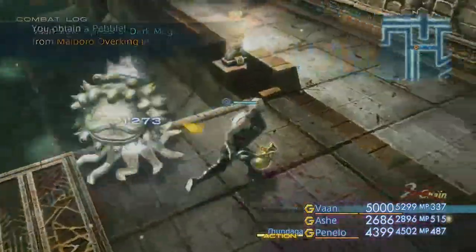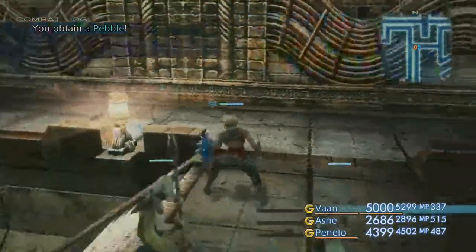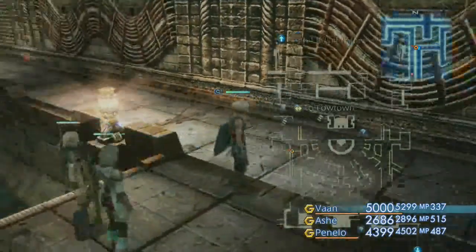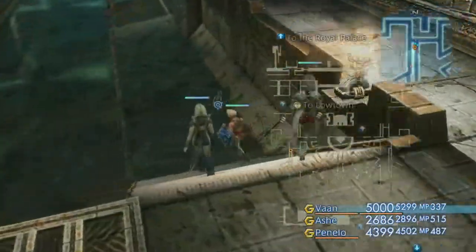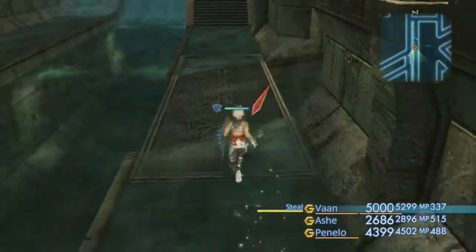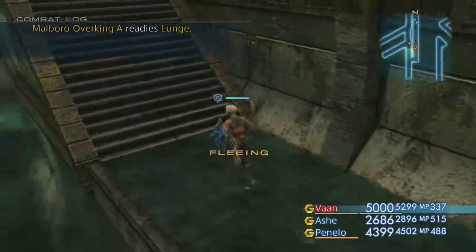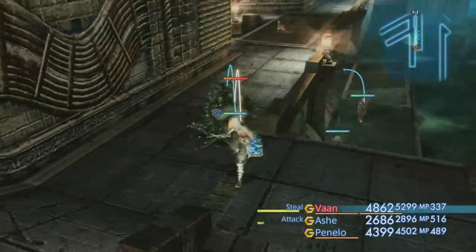Okay, his breath attack missed, that's okay. I kind of like the progression of the Malboros in this game. The ones you started off fighting didn't inflict like 10 statuses on you at once, but the ones that we're finding later on start inflicting more devastating status effects. Very nice progression. I'm glad it wasn't...